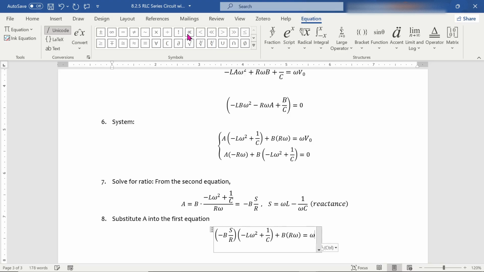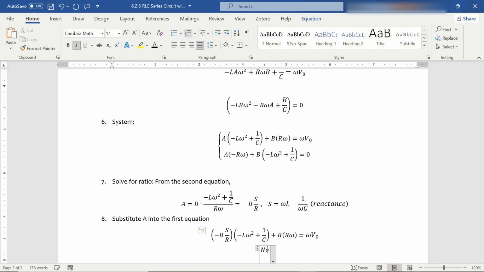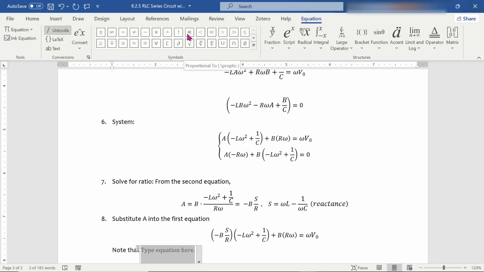And this is equal to omega V naught. But we have to take note that we have negative L omega squared plus 1 over C